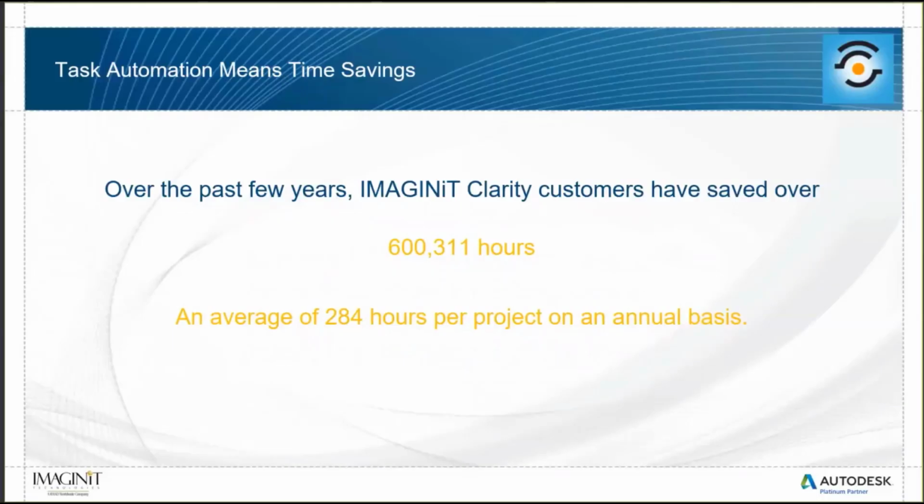So when we look at the past couple of years with Clarity and we collect this data from our clients, how much time have we saved all our clients? So it's now approaching and is well over 600,000 hours. So when we look at a project, we're saving our clients 284 hours per project on an annual basis, meaning